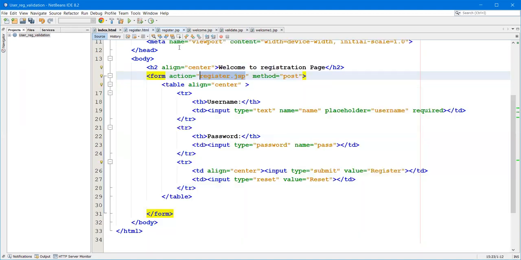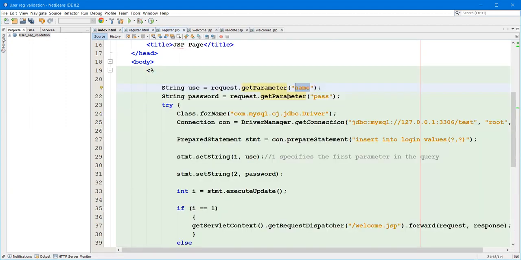What is the form name of this username? Here we have given name as the form name for that input text. We need to give that name, and also for password. These two string values we need to store in some string variables. So we are creating string variables, user and password.